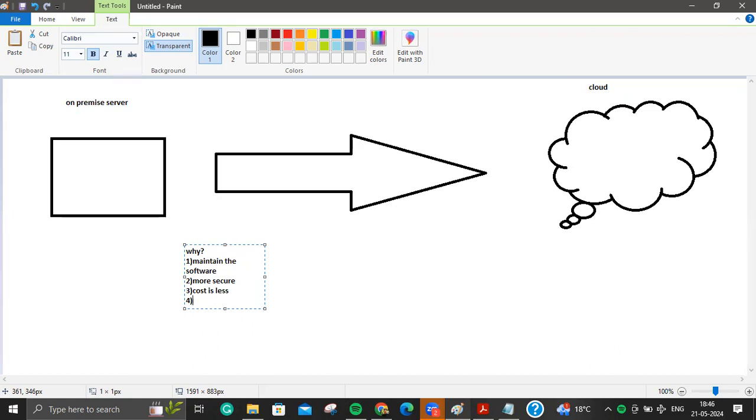Then I need to go to the market again to upgrade it. So I need to handle the upgrade too, but in the cloud, I just click a button and it's upgraded automatically. So collaboration is very easy, and upgrade is also very easy. Two things.